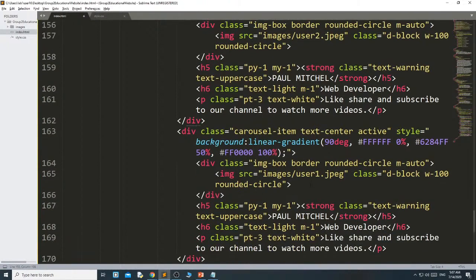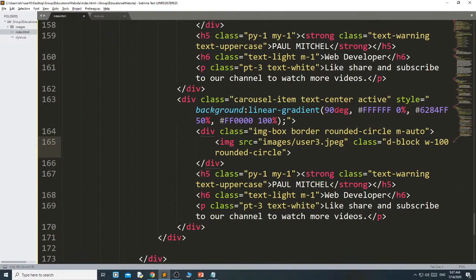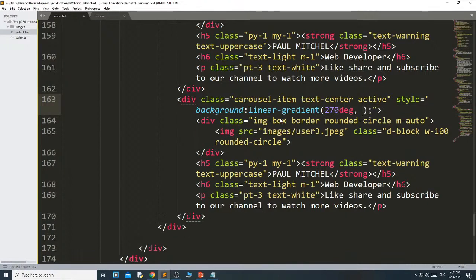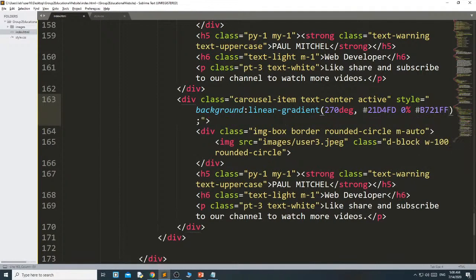Then for the third, user 3, and here I am changing the color to 70 degree, and I am using 2 colors. Just remove this. First one is 21D4FD, this is 0%. Then B721FF, this is 100%.